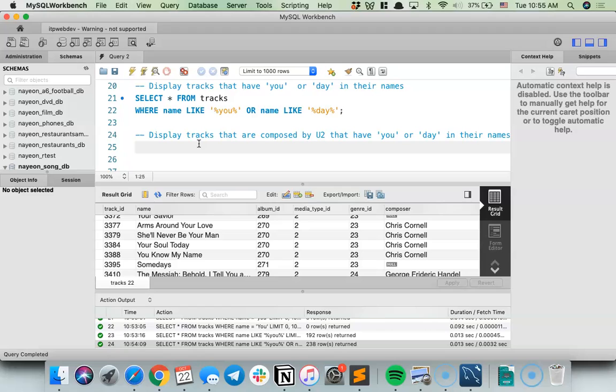Okay, so same idea. Let's start off the same. We're going to select all my columns from the tracks table, right? Let's take it one by one. I would say kind of the same thing: WHERE name LIKE, this part sounds like it should be the same, OR name